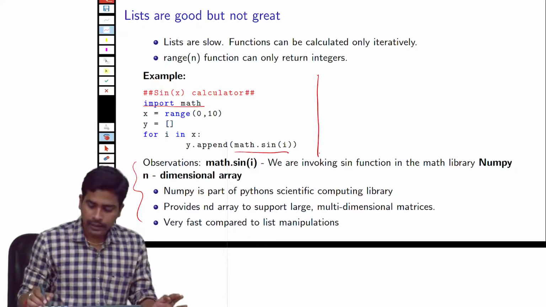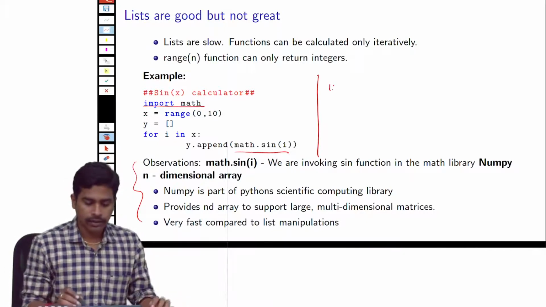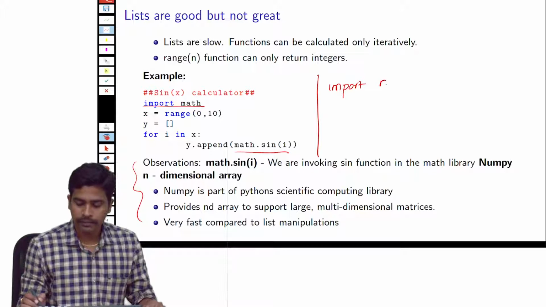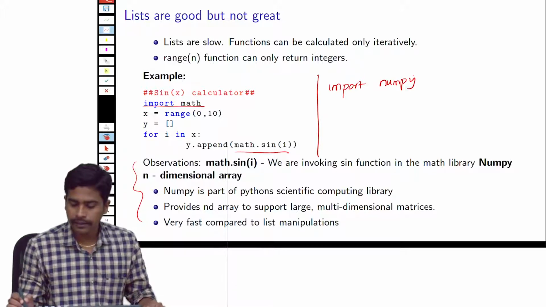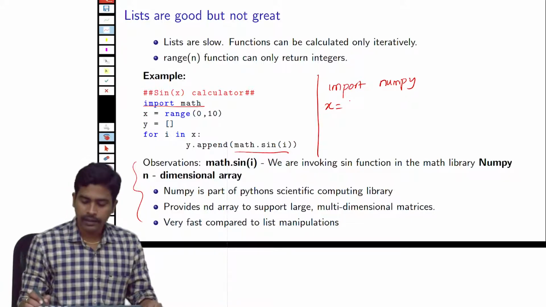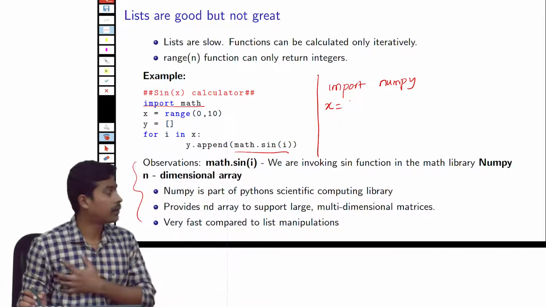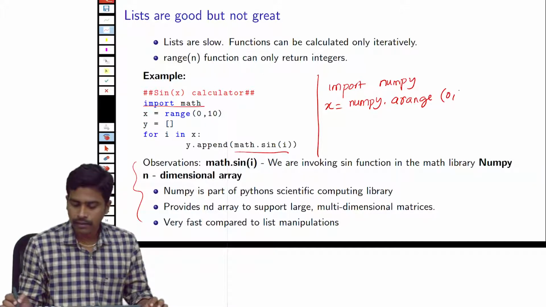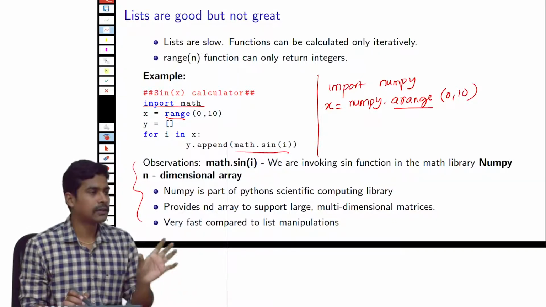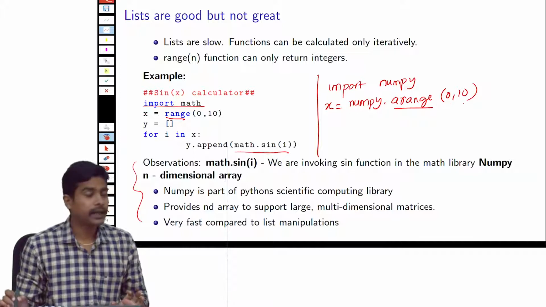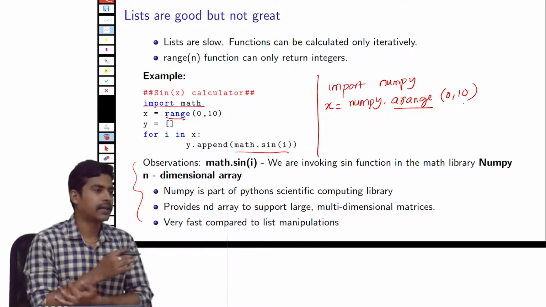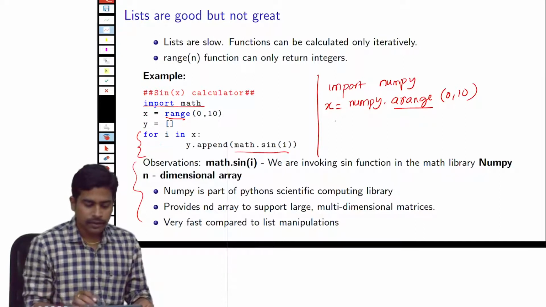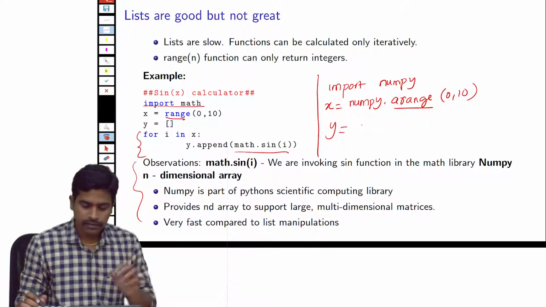I'll quickly show how to do the same thing in NumPy, the equivalent steps. First, we have to import numpy. After that, we create similarly the range of x values that we want to use to calculate y, but there is a slight difference. Earlier we used the range command, which gives a list of values from 0 to 10, but here we are using another command, arange. This command gives a NumPy array, which is different from a list. So these two steps can be written in just a single step.